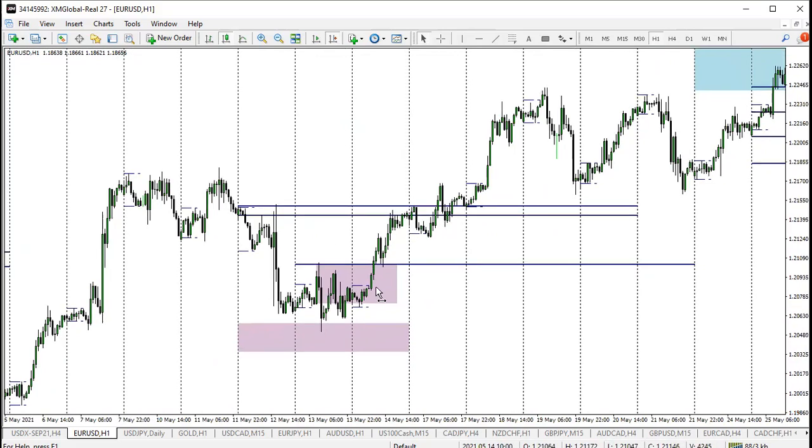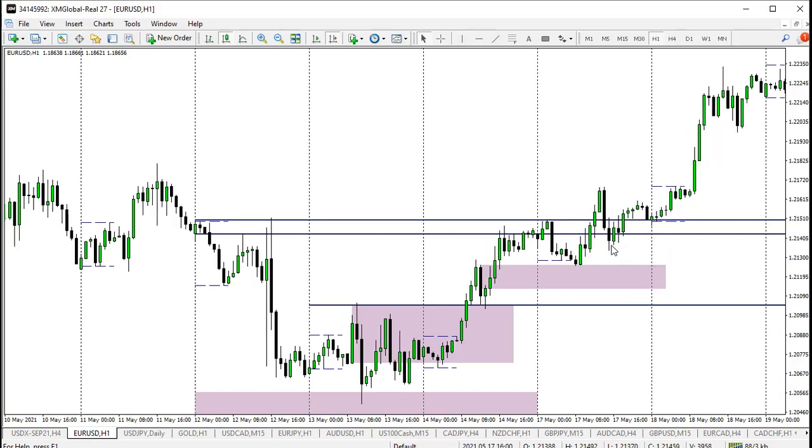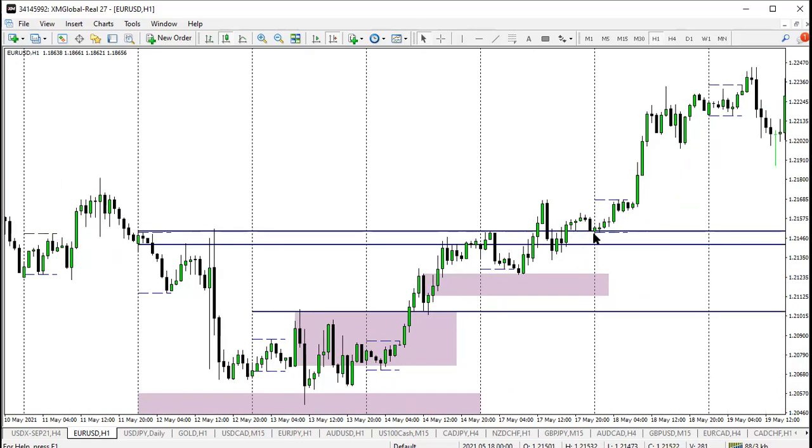Now, 1, 2, 3. On the 4th or 5th day, we want to buy on those key levels. Let's see. On this day, what did we have? We have this order block. Price came back to the order block, they broke market structure, then they came back, this is the level. That's your key level there. This is in line with this order block. So you could have bought here. If you miss this buy, you buy here. Also on the 5th day, right there,